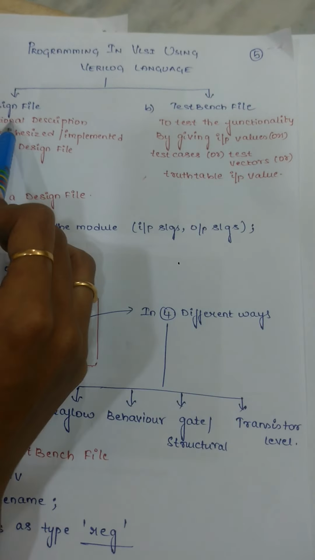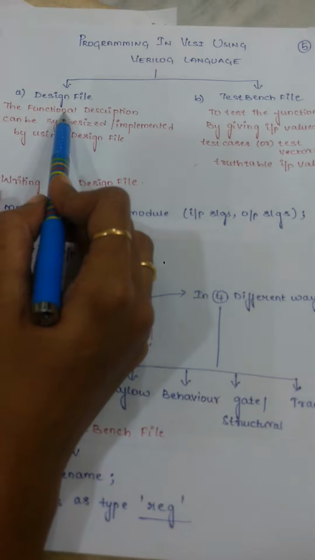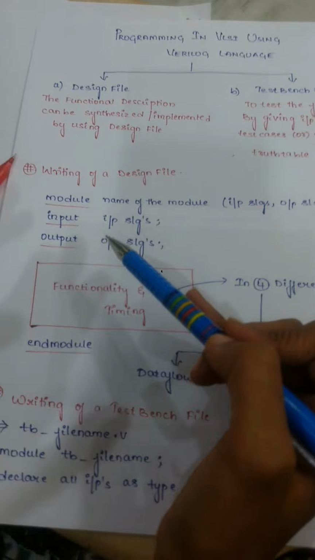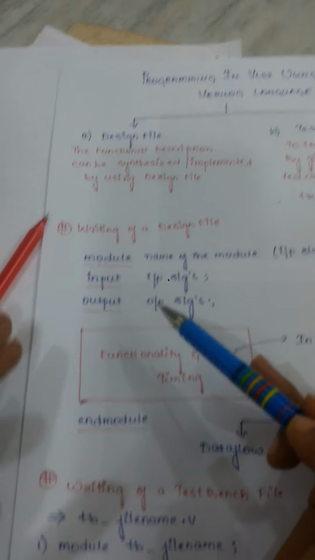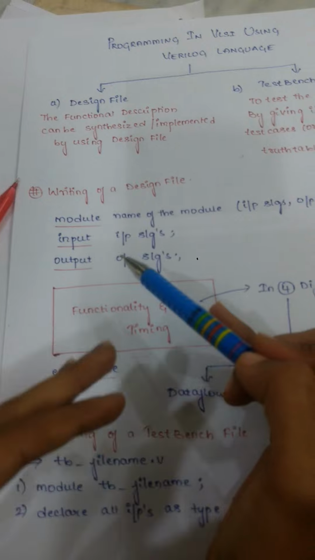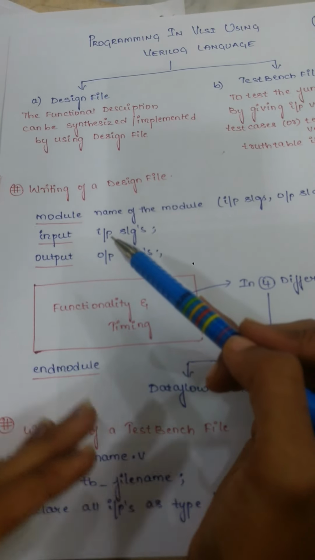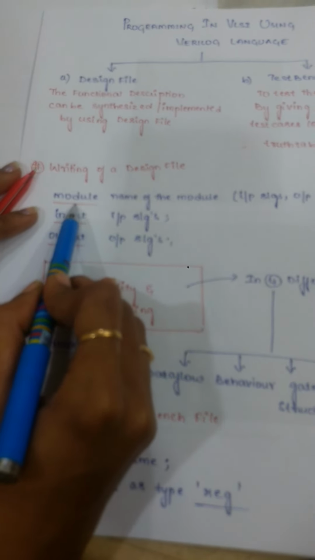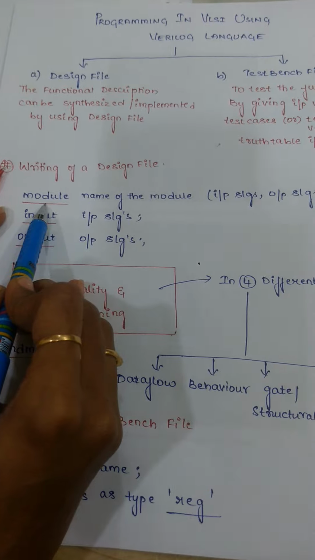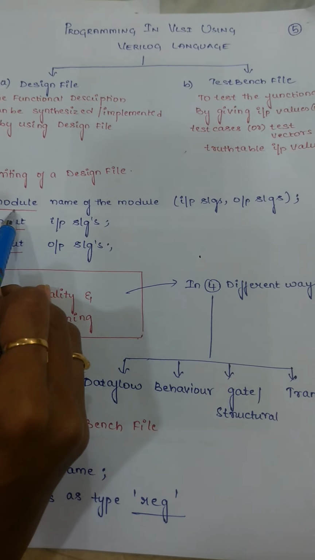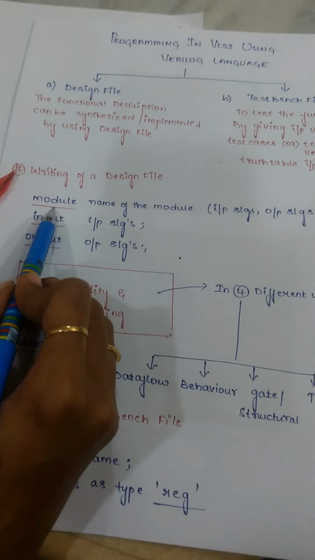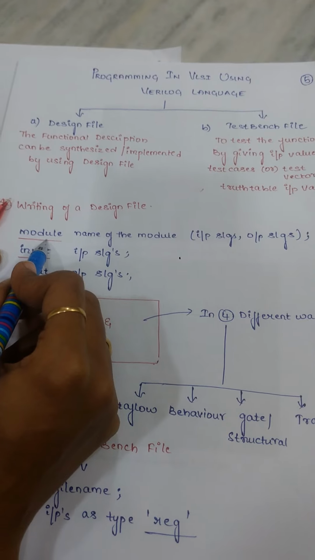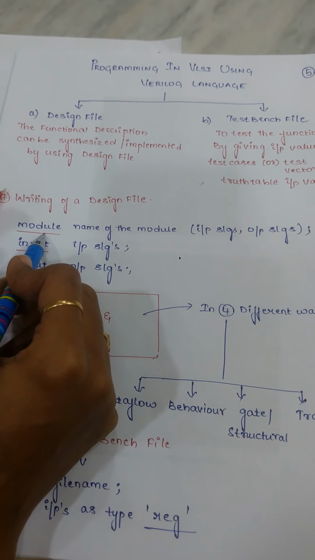Now first we will start with the design file. For an example, first we will see how the syntax is to be written. After going through the syntax, I will take one example of an AND gate and explain how to write the program and how to write the test bench file. So the first one is the design file. The first thing is the indication of module. In a Verilog file, as I said previously, you need no header files or anything. So directly we can start our program with the keyword module. It is the starting line of your program.